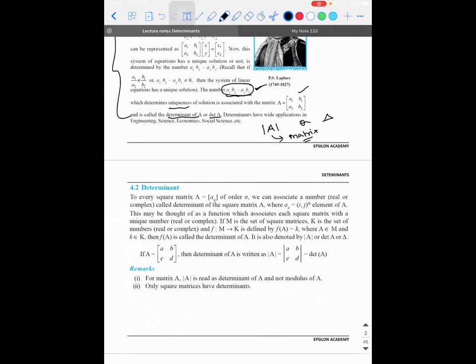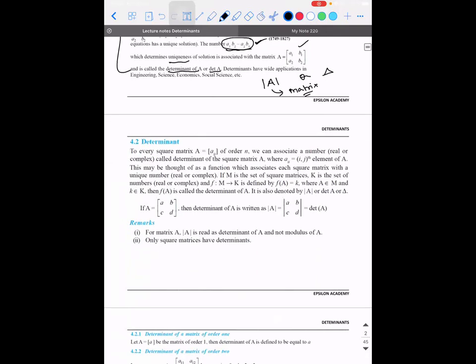Yes, sir. Right? So if this is the case, first thing, determinant is a concept which you can define for what kind of matrix. Yesterday I told you, whenever you're reading matrices, you need to understand whether it is a rectangular matrix or a square matrix. So determinant is always applicable only for a square matrix. So if I write the square matrix A is equal to Aij of order n, we can associate